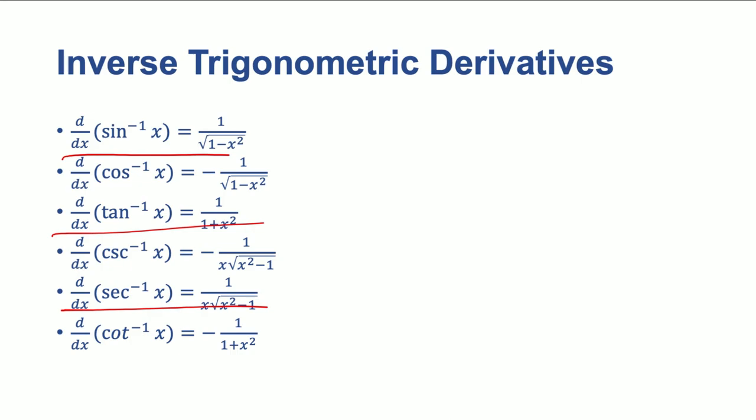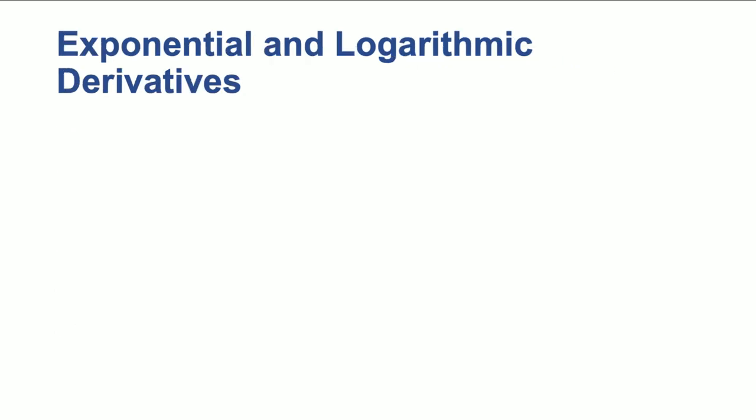All right, we're almost done with the review. We just have one more thing to cover, and that is the derivatives of the exponential and logarithmic functions. We remember taking the derivative of e to the x was one of the easiest things possible. It's just e to the x, right? And then if I want to take the derivative of a general exponential, so if I want to take the derivative of b to the x, that's going to be equal to b to the x times the natural log